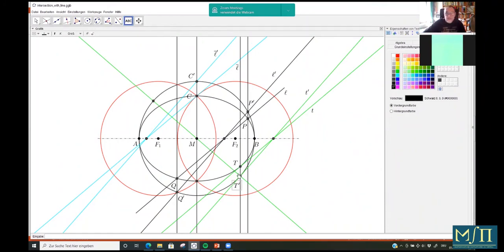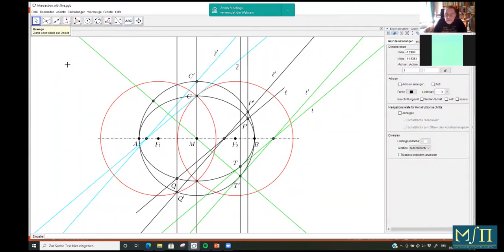I already mentioned the other tangent on the other side that's also parallel will simply be symmetric now. The two tangents of an ellipse that are parallel to each other, and therefore parallel to a third line, in this case parallel to L, but they're also parallel to each other, of course, are always point symmetric with respect to the midpoint of the ellipse. The whole curve is symmetric with respect to the midpoint, and any reflection of a line on a point will always result in a parallel line, and any reflection of a tangent will always result in a tangent of the ellipse. So that means that we simply get that symmetric in this case,